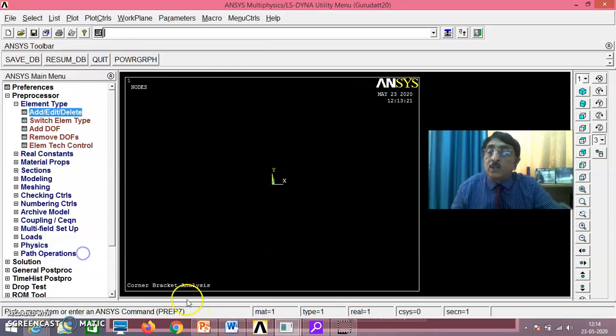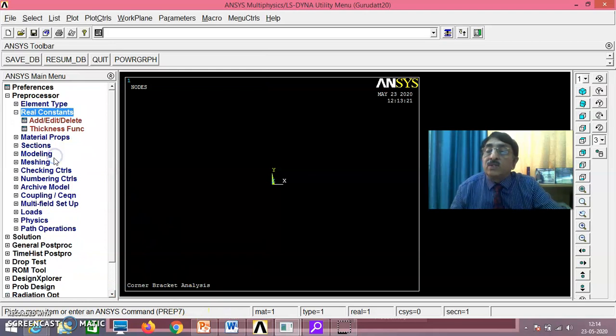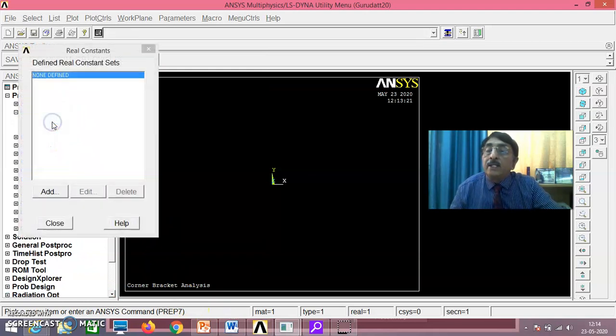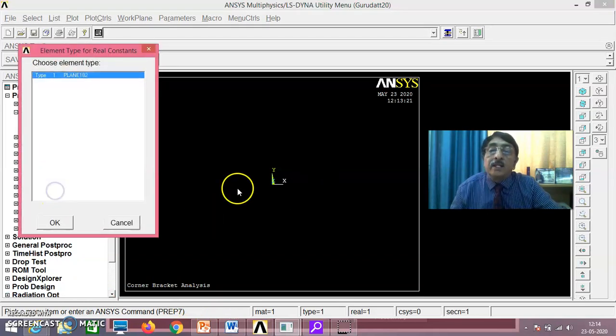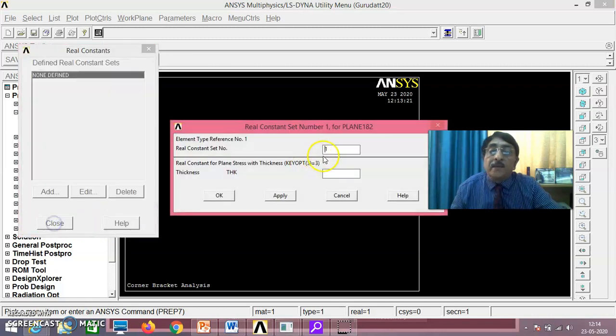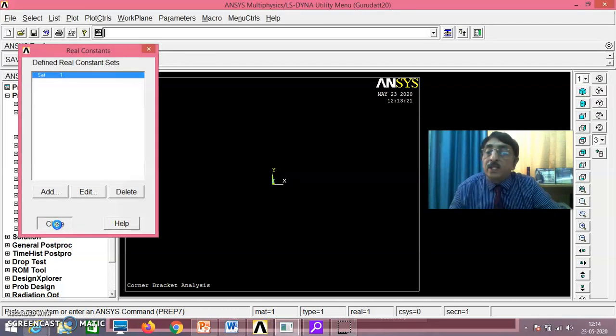Then Close. Then under Real Constants, Add/Edit/Delete, Add, and the thickness given for this problem is 0.5 inches. So put 0.5, then okay, and Close.